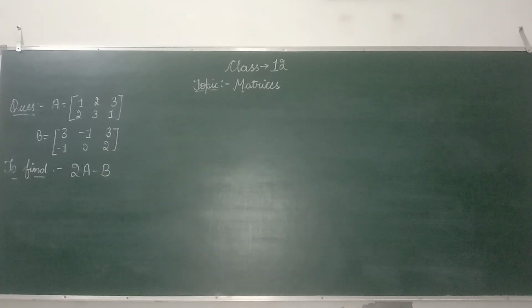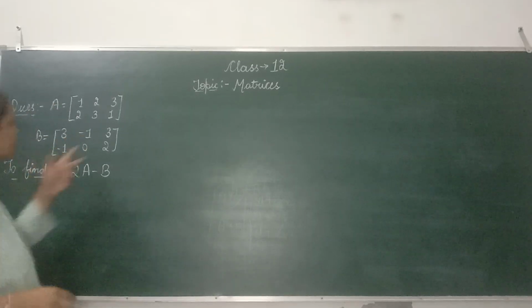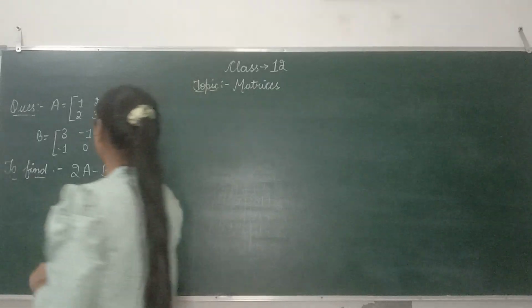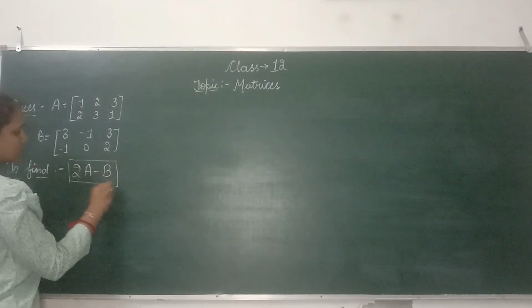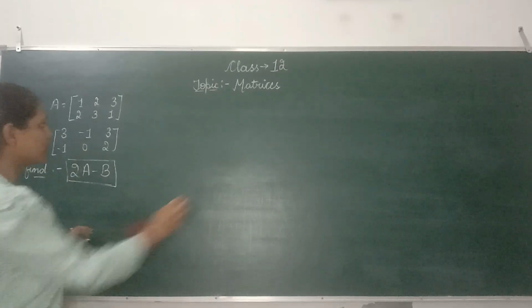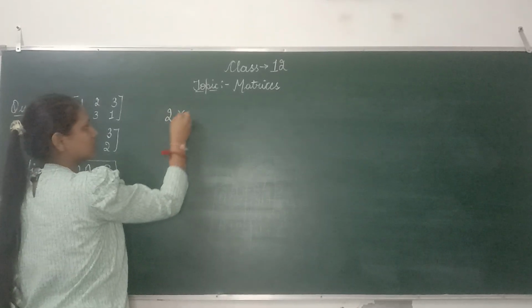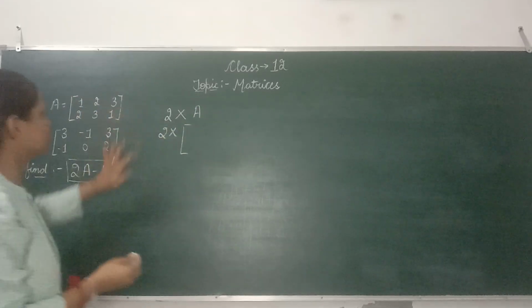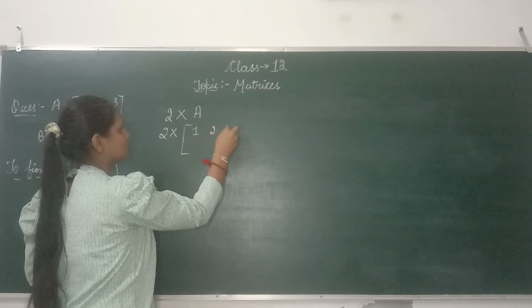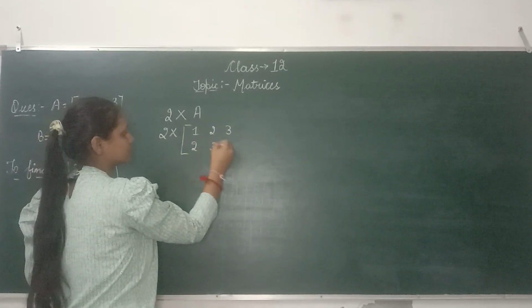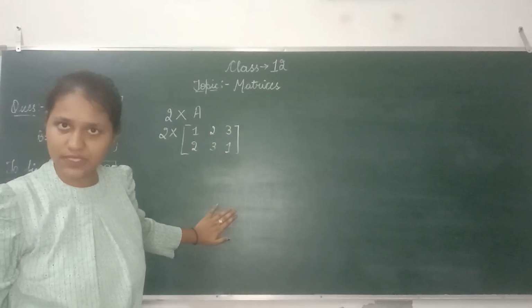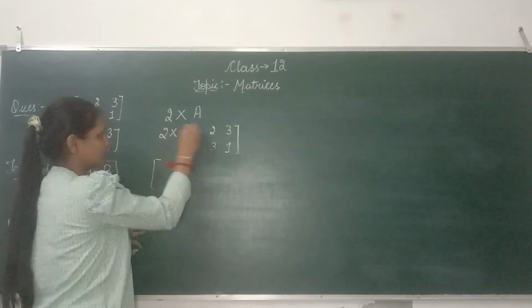Now we will start with some questions. As the question is written on the board, two matrices are given in the question, A matrix and B matrix, and we have to find this relation. 2A minus B means first of all we have to multiply 2 with matrix A. 2 multiplied by matrix A is given to me 1 2 3 and 2 3 1. First of all multiply 2 with all the elements of the matrix A, that is 2 ones are 2, 2 2s